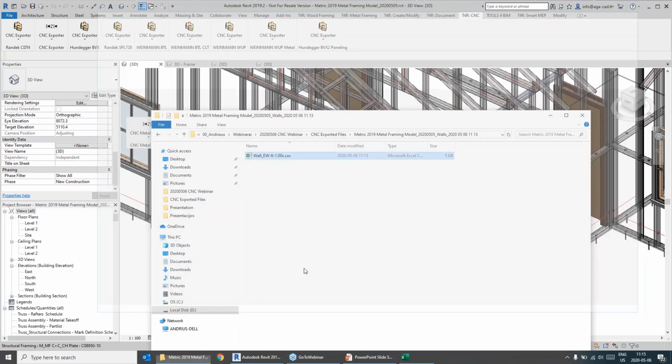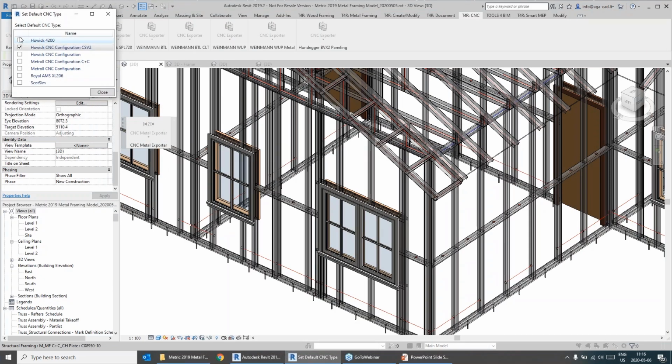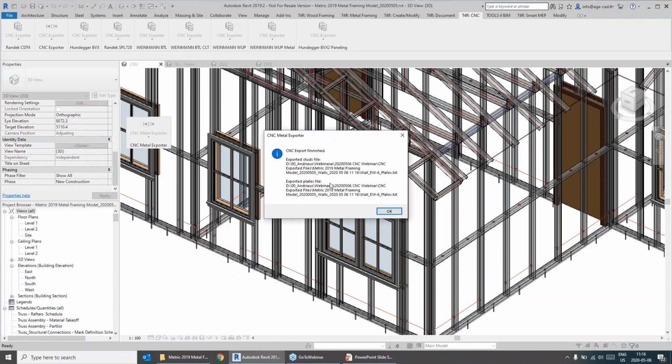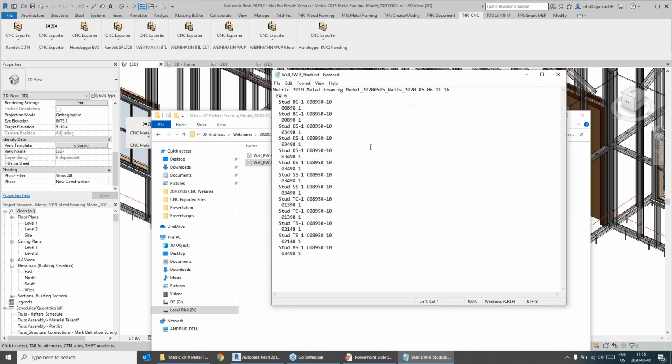Let's switch maybe now to a different format, and I'll show really shortly how those look. So if I go to Metroll, I don't know which one you can check, doesn't matter much. And then I need to export that wall frame here. You see two files were actually exported, and why two files, not one? Because the plates and studs were, I believe, created differently. So you see I have one file for plates, another for studs, and if I open up that file,